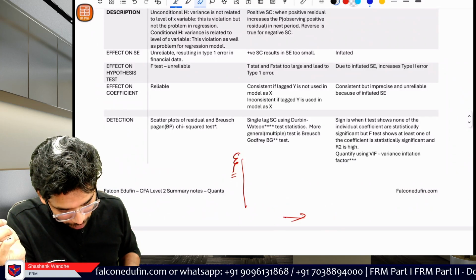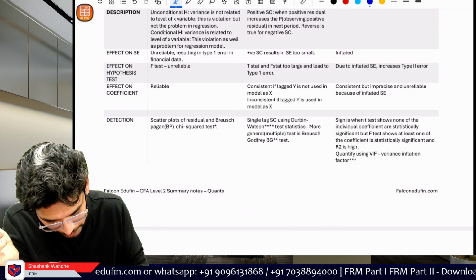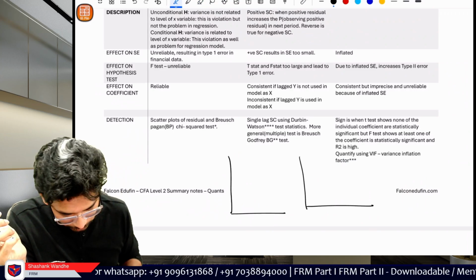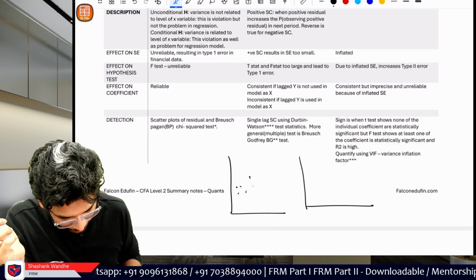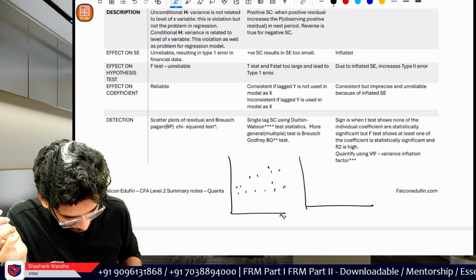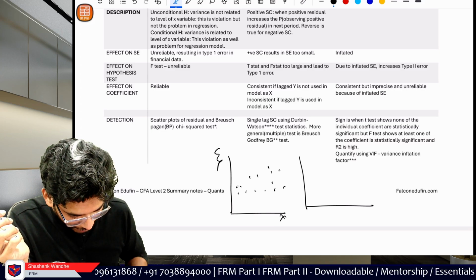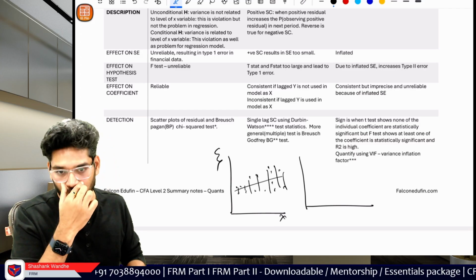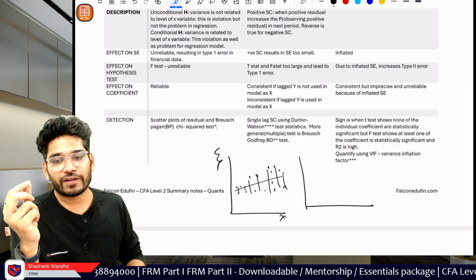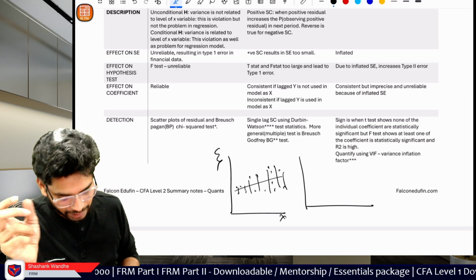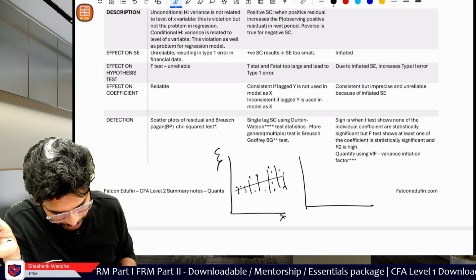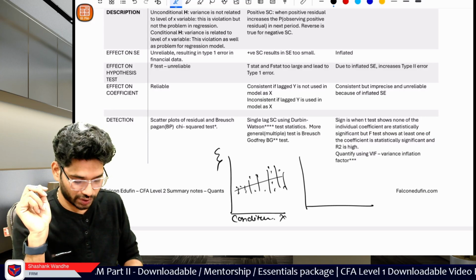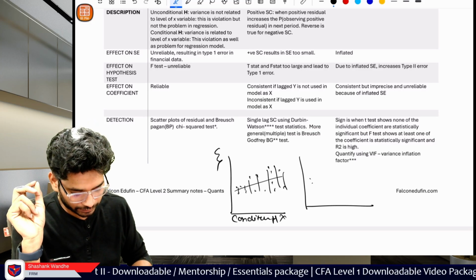We have two types of heteroskedasticity: conditional and unconditional. If here we have x, here we have the error term, if the variance is increasing, then this is known as conditional heteroskedasticity. This is conditional heteroskedasticity. And if